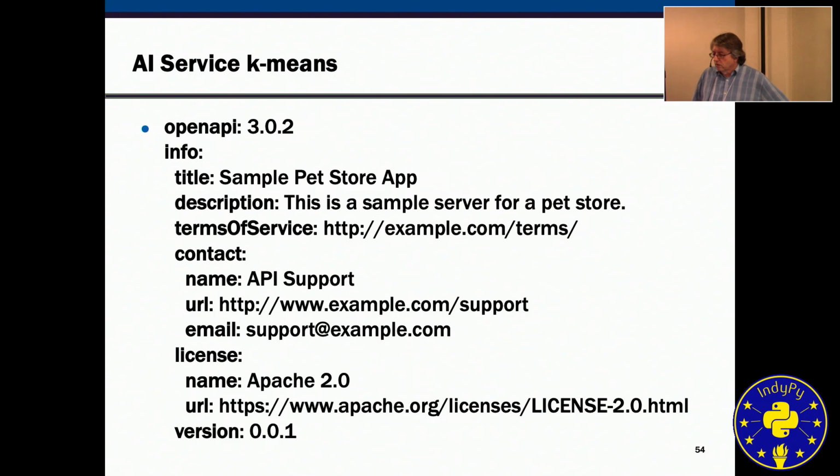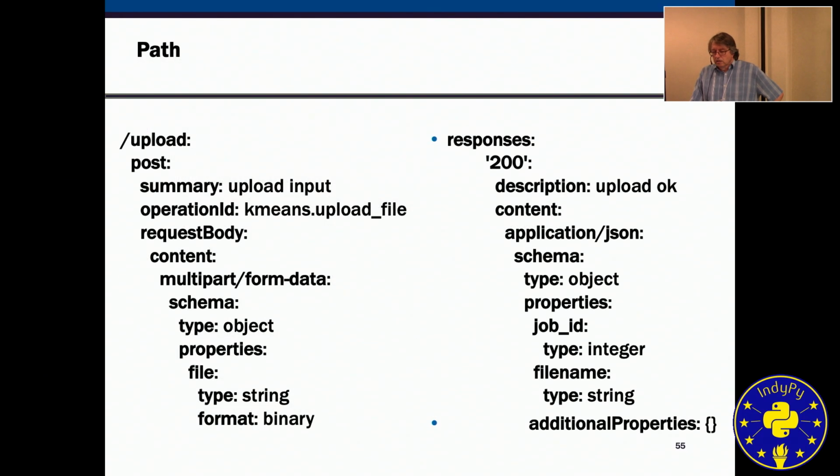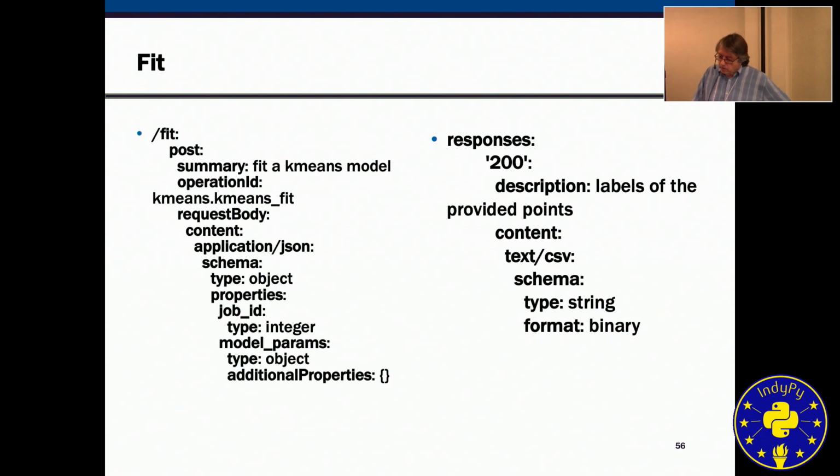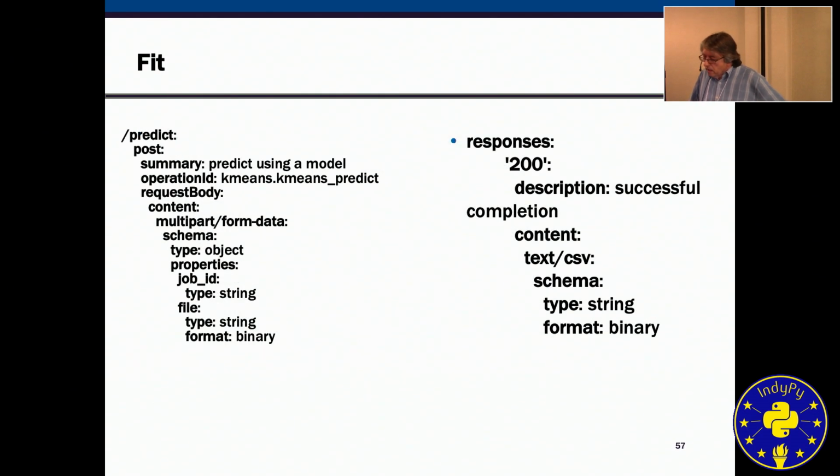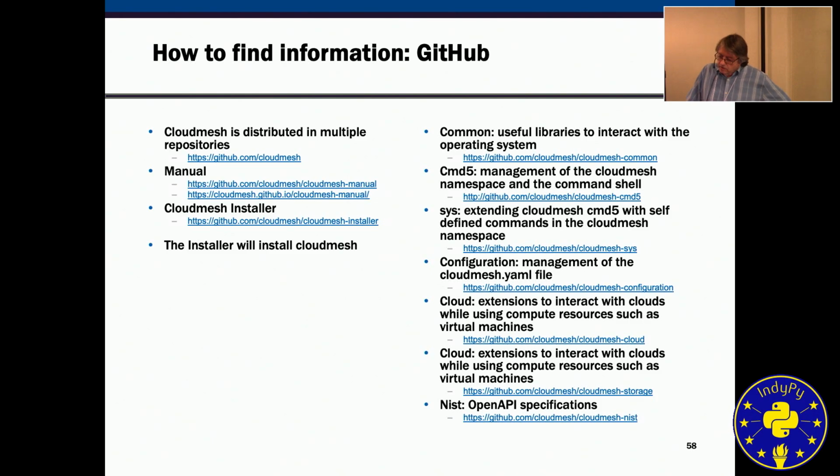This one I cannot display for you anymore because I'm out of time, but it's essentially the same thing as our CPU example. Here we just take an example that uses k-means as an AI service, and we leverage scikit-learn as one of its underlying mechanisms for developing the operation ID. And you'll find a lot of information on our GitHub webpage.